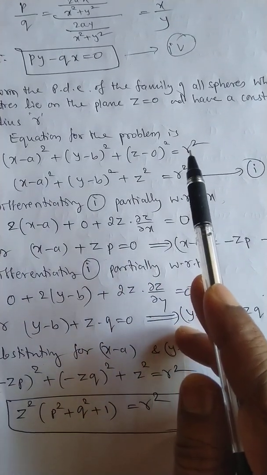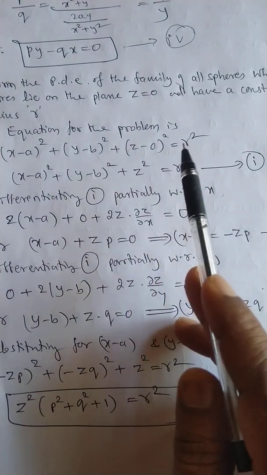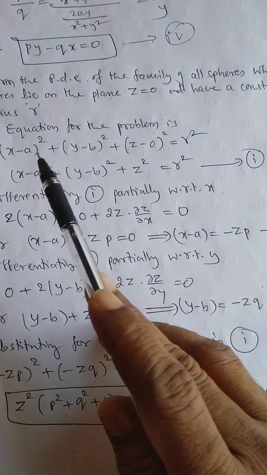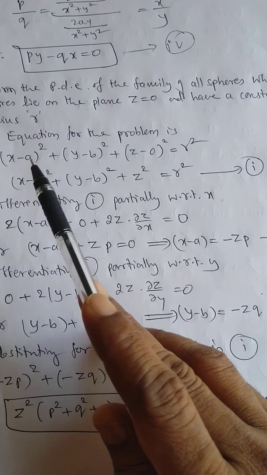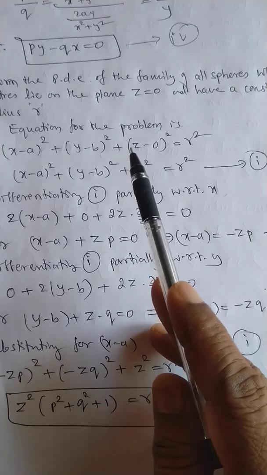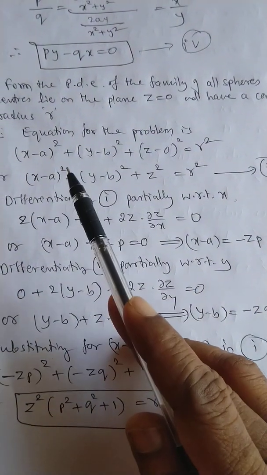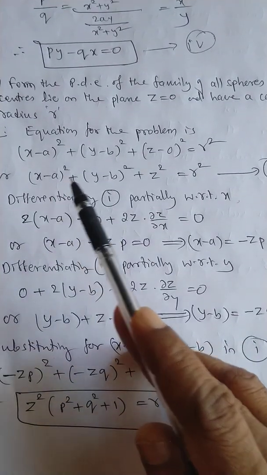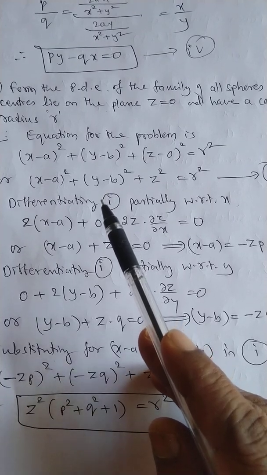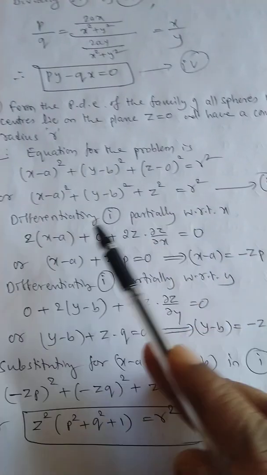r is not arbitrary. r is a fixed constant, not attached to any variables. In this, the number of arbitrary constants is only 2, not 3, and the number of independent variables is 2, that is x and y. z depends on x and y, since we are taking z as a function of x and y. Since the number of arbitrary constants is 2 and the number of independent variables is 2, the partial differential equation we obtain will be of first order. So this is equation 1.